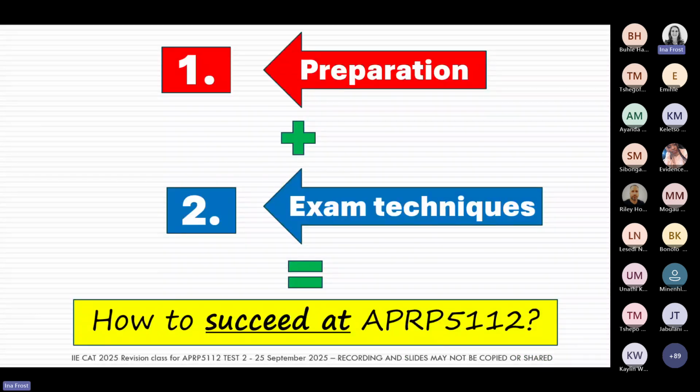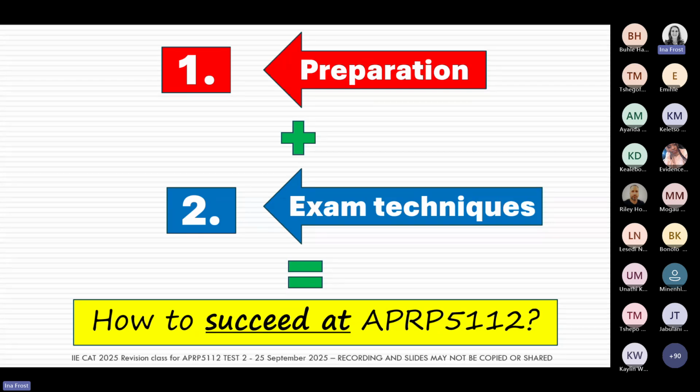Okay, so remember earlier we spoke a little bit about this and we said your success in this upcoming assessment really consists of two things. One is about preparation, and that's why we have days like today, just to make sure you are well prepared for the assessment. But the other side is also about your exam techniques and things that you can do during the test that will strengthen you and give you a better chance at success.